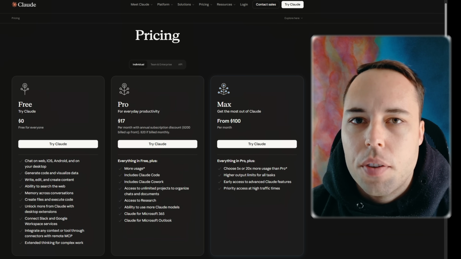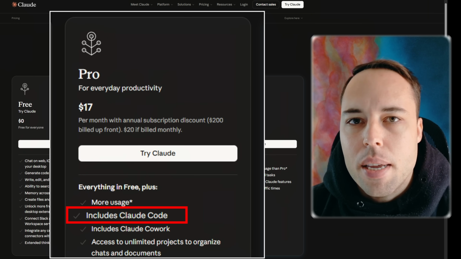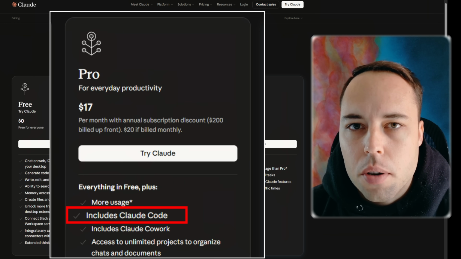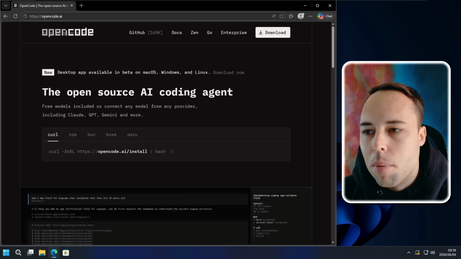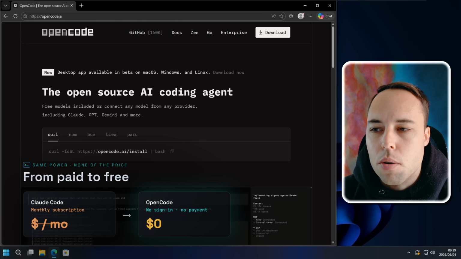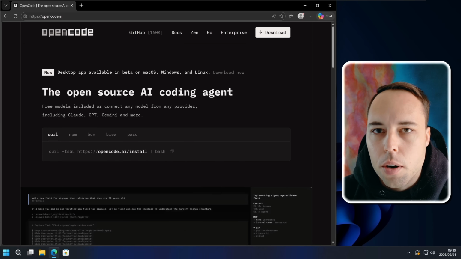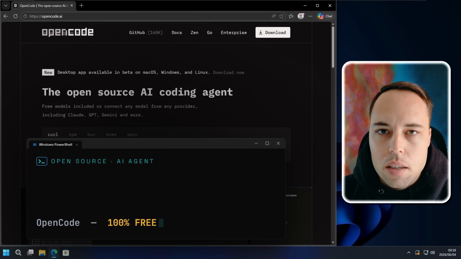You see, the previous video was done with Claude Code, which is a paid tool, and that immediately makes these methods that I'm trying to showcase less accessible to some people. But that's a problem that OpenCode solves. So in this video, I'm going to be using OpenCode instead of Claude Code, and everything you see in this video was done for free, so it makes it more accessible to you.